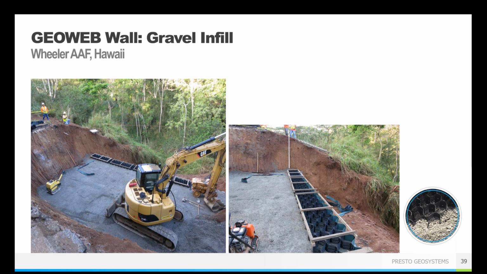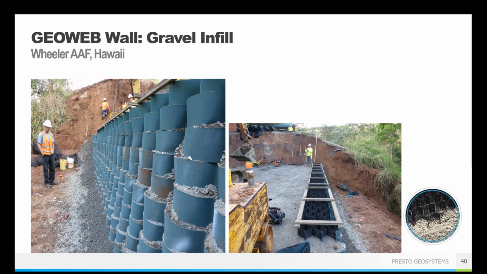So you put in a lift, you fill it in with stone, and then you can put the next one on top of that. And then you do a little bit of compaction with each layer. You do want it to be with a roller compactor, not vibration. Vibration actually lifts GeoWeb panels up out of the ground, out of the stone or soil that it's put into. Might be a little counterintuitive, but rule of thumb, no vibration, roller compactors are going to be just fine. And really, you just want that gravity weight compaction. You're not looking for excessive or over compacted stone, because again, you still want it to be open and drainable material.